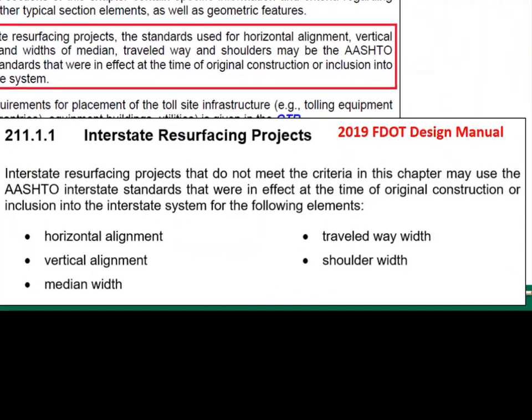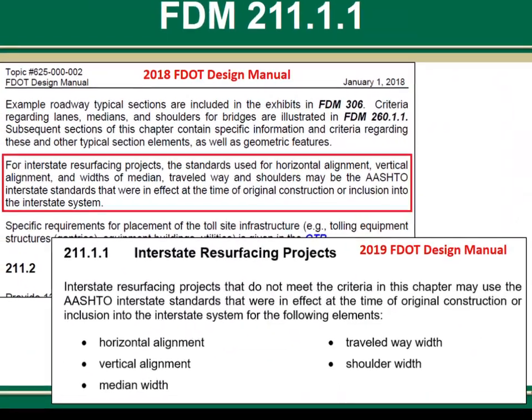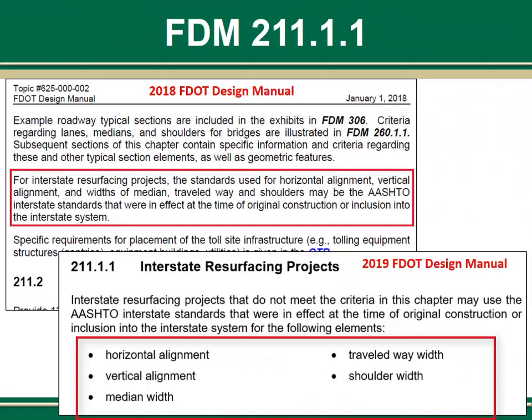for it. While we were making that edit, we also wanted to make it easier to read, so we created a bulleted list from what was previously written in the paragraph. As you can see from the language in the red box on the screen here, the 2018 paragraph was clunky and not in an obvious location. The 2019 subsection is much more clear, and you can easily see that for the items listed here, you're allowed to use the AASHTO interstate standards that were in effect at the time of the original construction or inclusion into